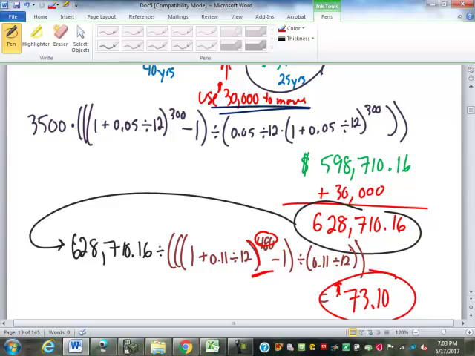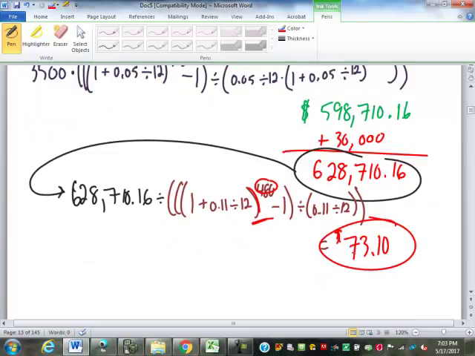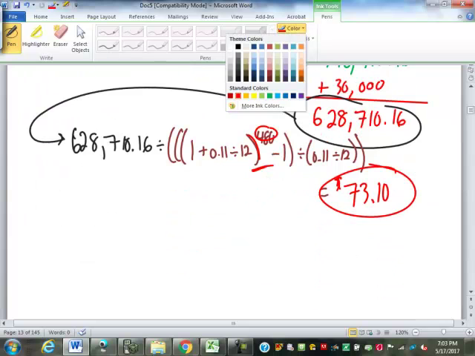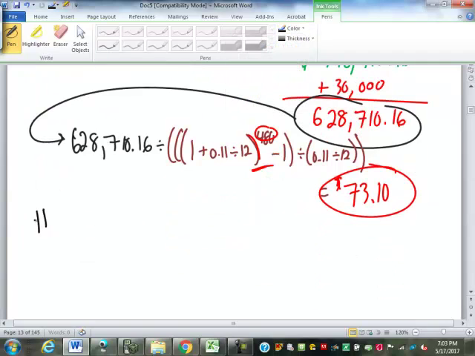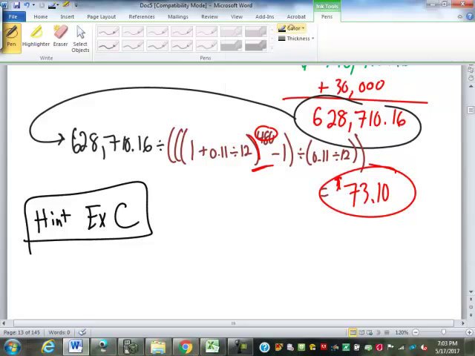Remember, what you have to do is the effective rate. I am going to give you a hint on XC. And the hint I am going to give you is you need to find the effective rate